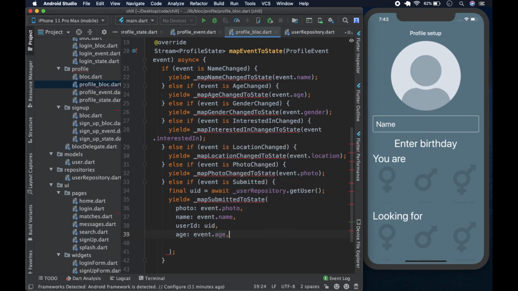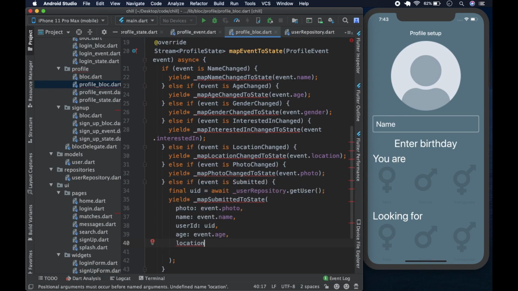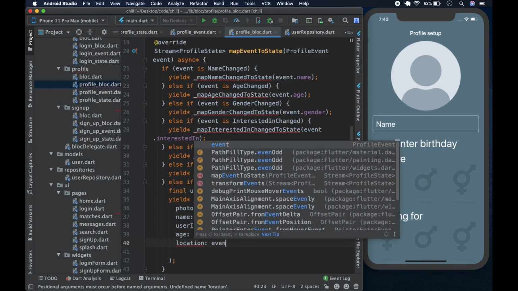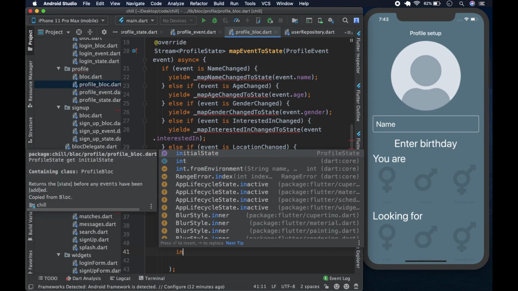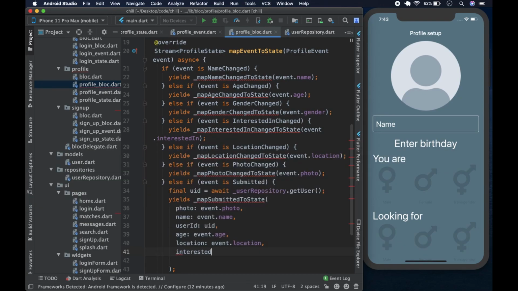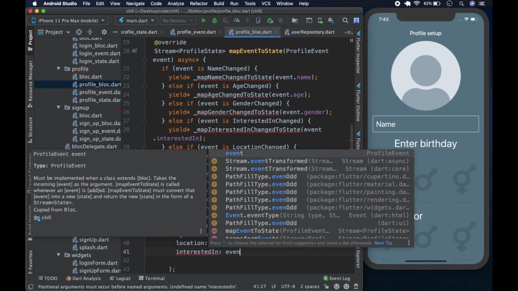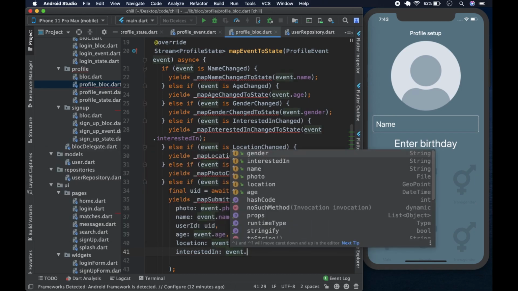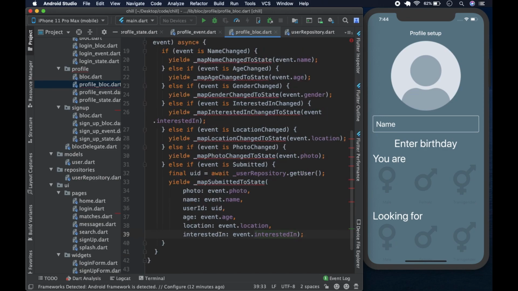The location is going to be event.location. The interested in is going to be event.interested in, like so. So we're going to pass that, and we're going to hit save, and that is going to be,